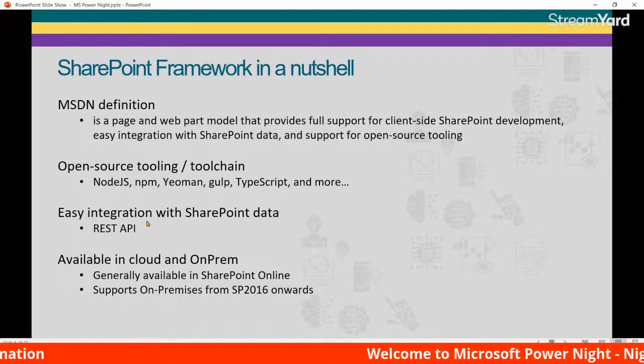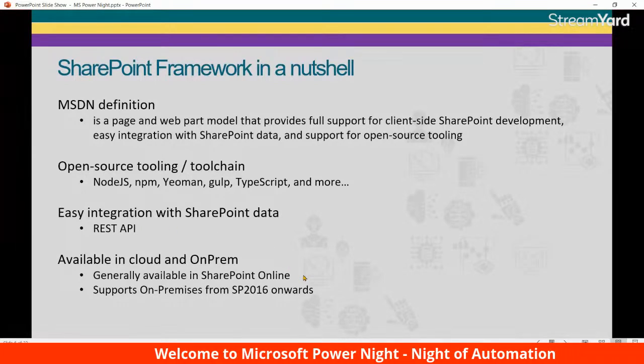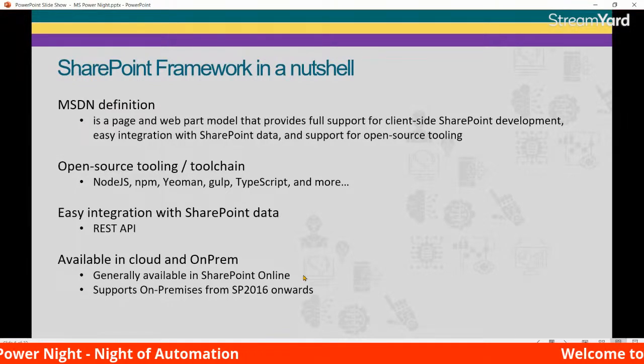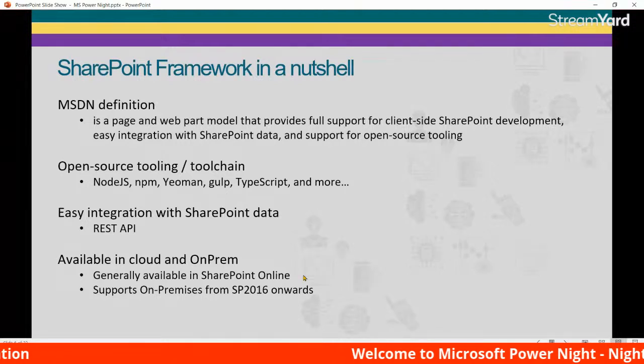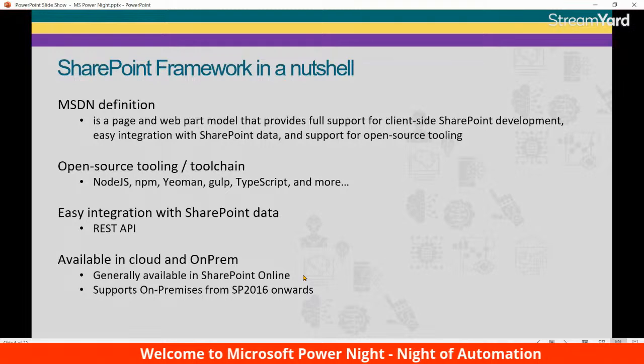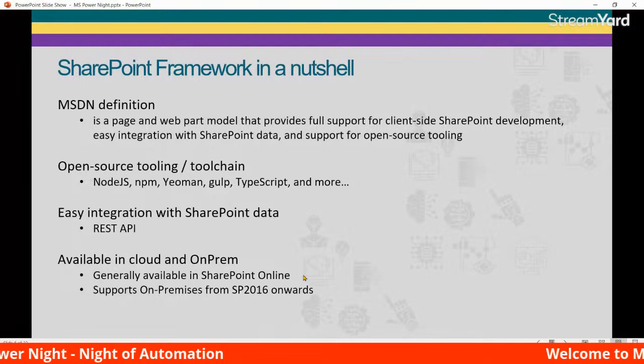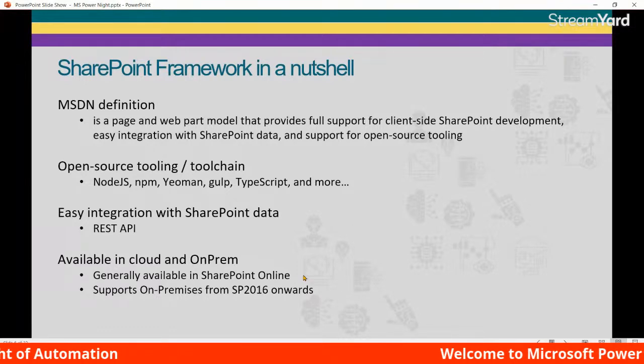SPFX is generally available in SharePoint Online. We can use it as it is. Also, it supports on-premises versions starting from SharePoint 2016 onwards. Just one thing to note that in order to use SPFX in SharePoint Server 2016 on-premises, we will have to install SharePoint 2016 Feature Pack 2 on that server. On the other hand, for SharePoint Server 2019, SPFX is supported out of the box without any installation or any